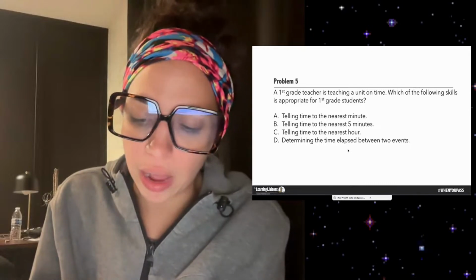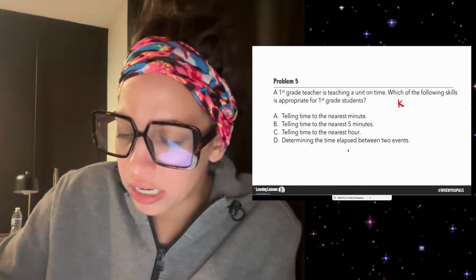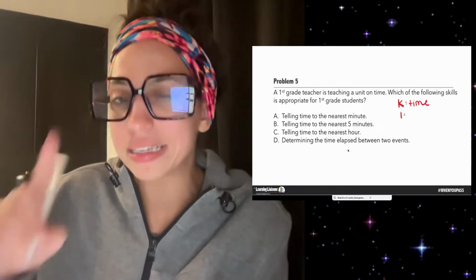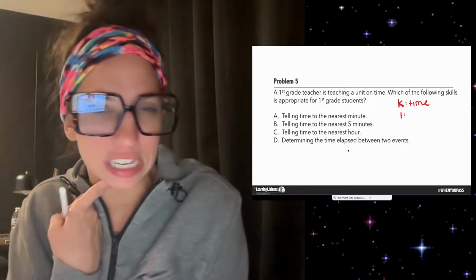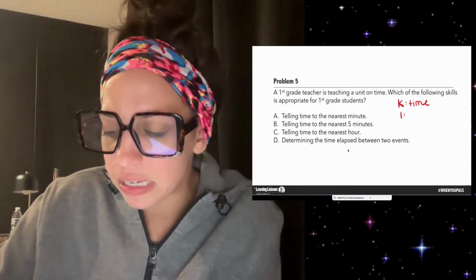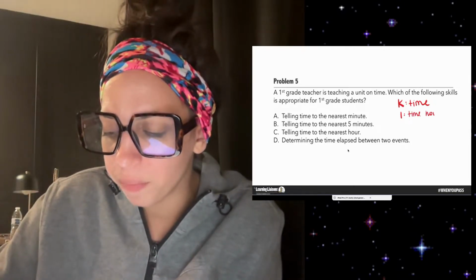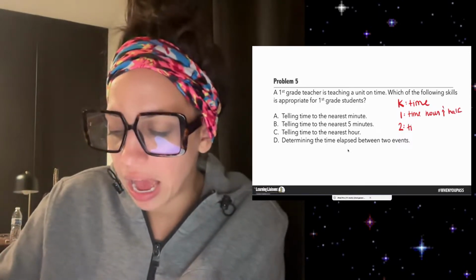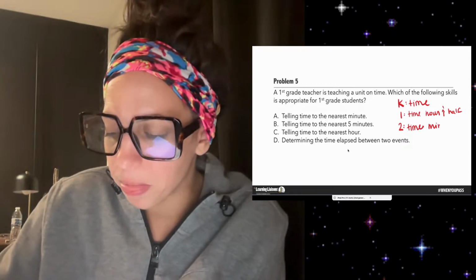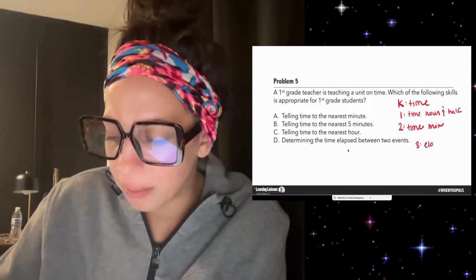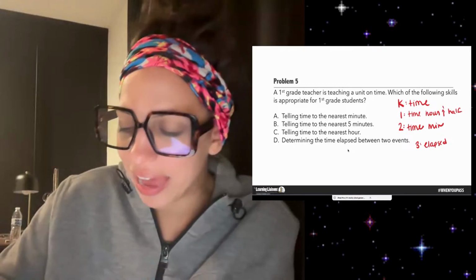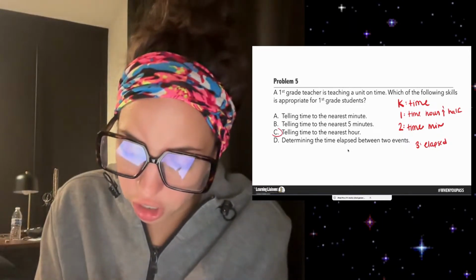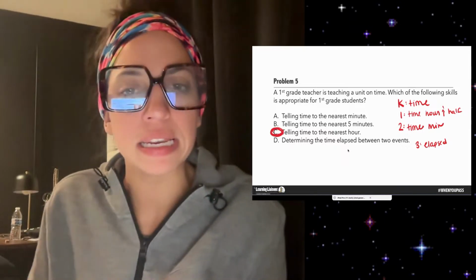So first grade, I want us to just review. Kindergarten doesn't do time. They might do parts of a clock, but they don't do time. First grade typically, don't quote me on this because each state might be a little different, typically does time to the hour and half hour. Second grade typically does time to the nearest minute. And third grade does elapsed time. So with that information, we can deduce that first grade would be doing time to the nearest hour,